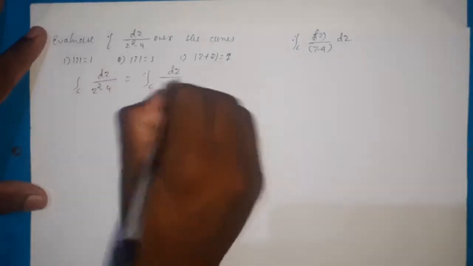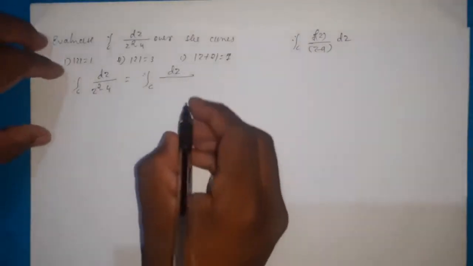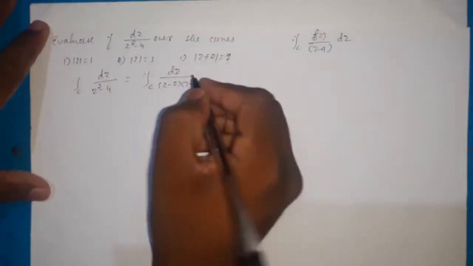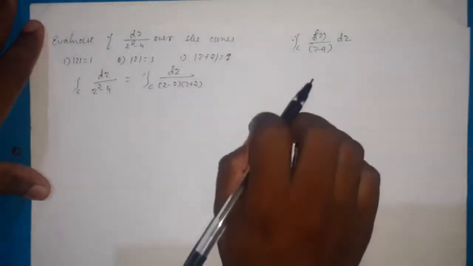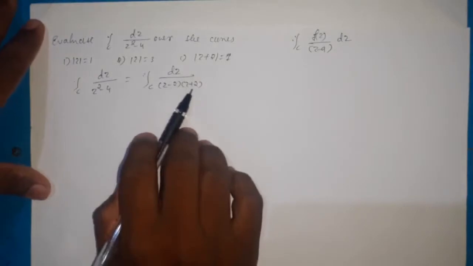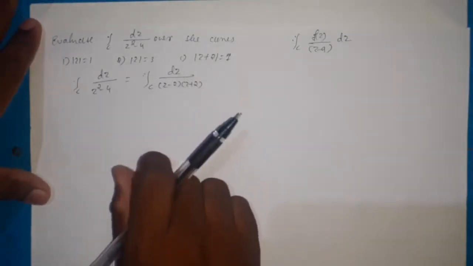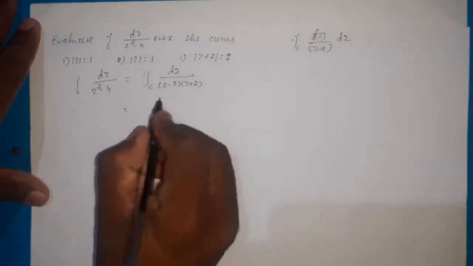So dz upon z square minus 4 is in the form of a square minus b square. So therefore that can be written as (a plus b) into (a minus b). So therefore here it is (z minus 2) into (z plus 2), right? Now we cannot write the value of a because there are two terms in the denominator. There should be only one factor in the denominator. So therefore let us separate this